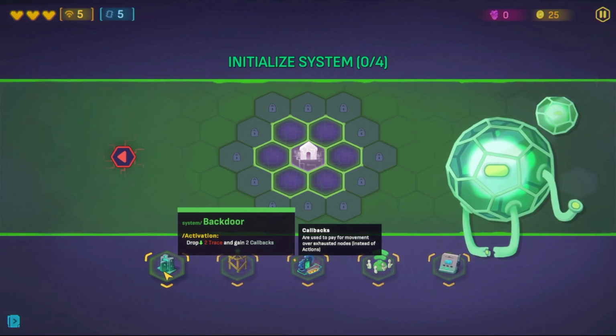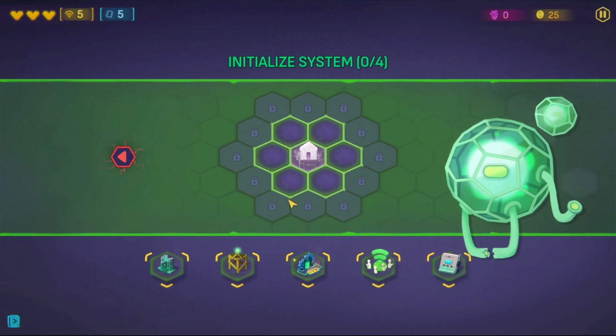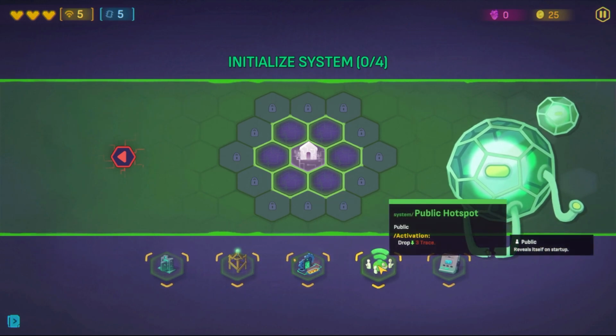All right. By the way, whatever we slot into these slots will show up in the map later, so it's something we take that we need to use here. So I think I like,